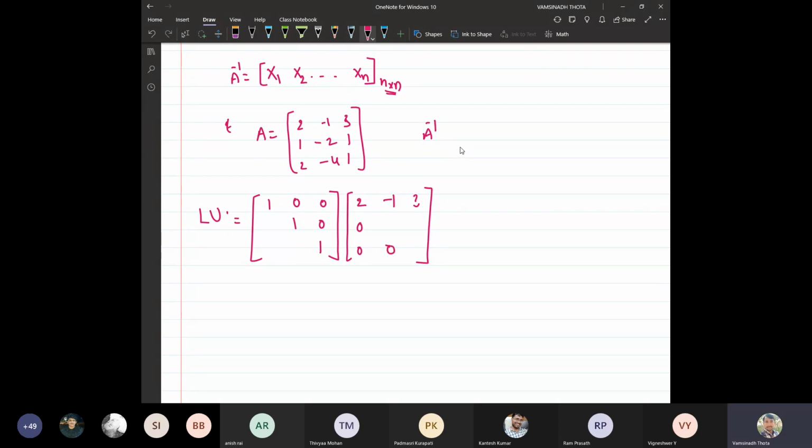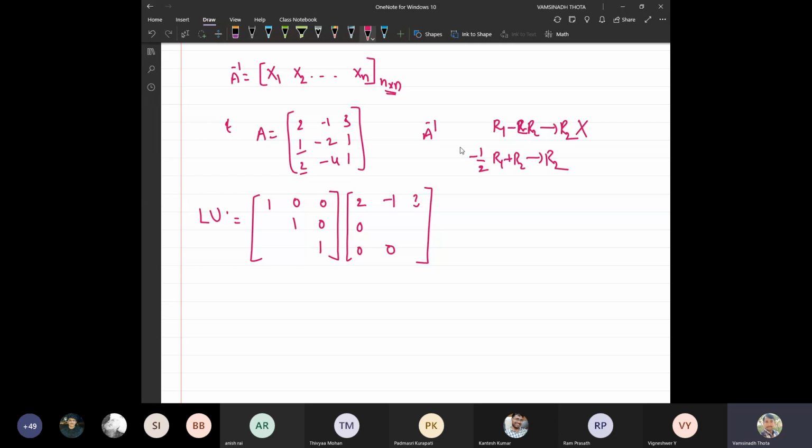Now we need to find out what basically we need to do. We need to make this entry as 0, this entry as 0. So how is it possible? It is possible by minus 1 by 2 times R1 plus R2 replaces R2. It is the standard way of elementary row operations. Do not do this multiplication, like R1 minus 2 times R2 replaces R2.